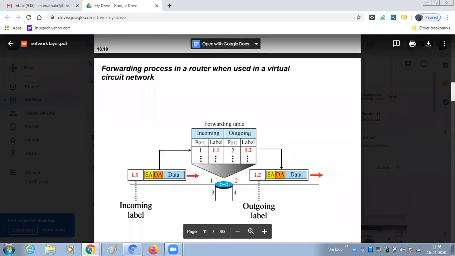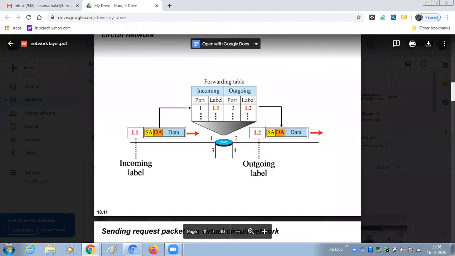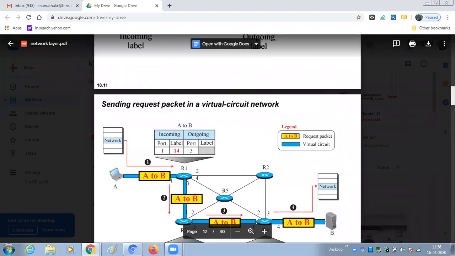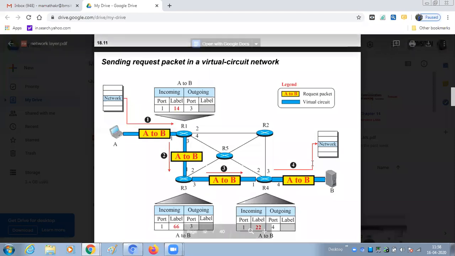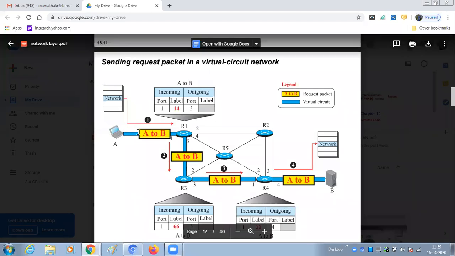How actually is this filled? This process can be divided into three parts. The virtual circuit network communication can be divided into three parts. First one is the setup part. Second one is data flow or data transfer, and the third one is tear down. Tear down means once the communication is completed, the source will send one message to the destination. It can tear down the network which is already present.